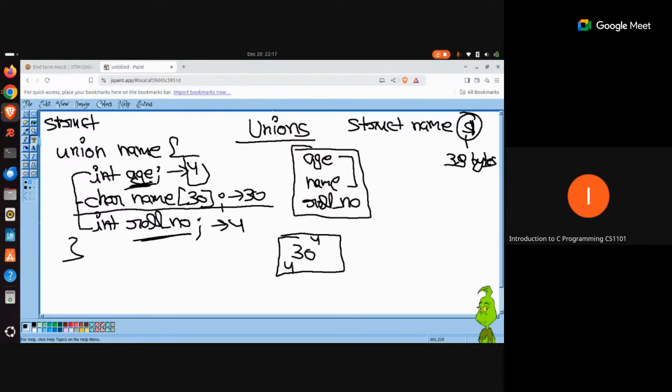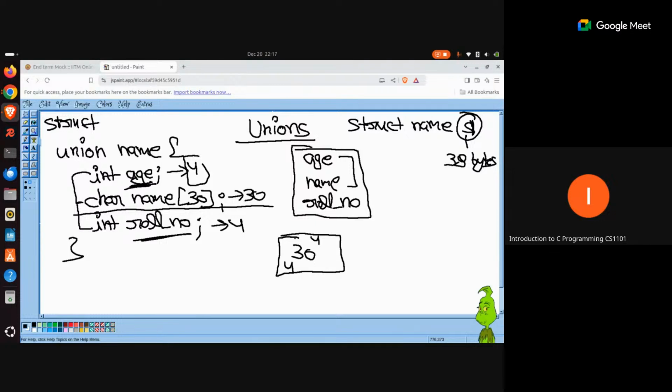When you are working with name, it is going to be stored in this chunk of 30 bytes only. When you are working with roll number, it is also going to be stored in this chunk of 30 bytes only. Since we have agreed that we will not be using two values at the very same instant, the same 30 bytes chunk will be utilized for all the different attributes of this particular union.